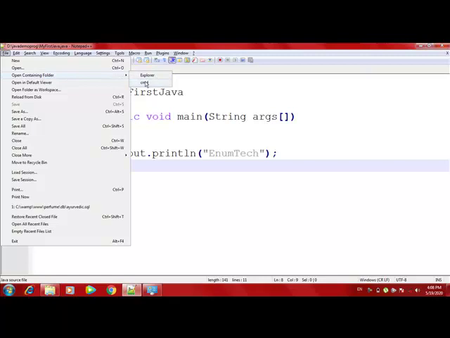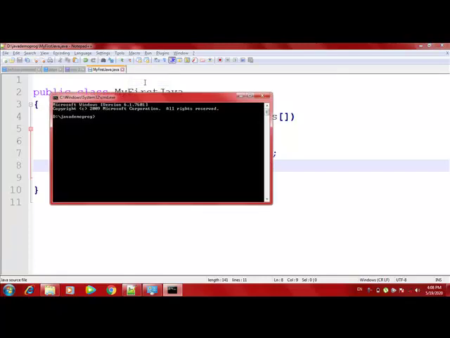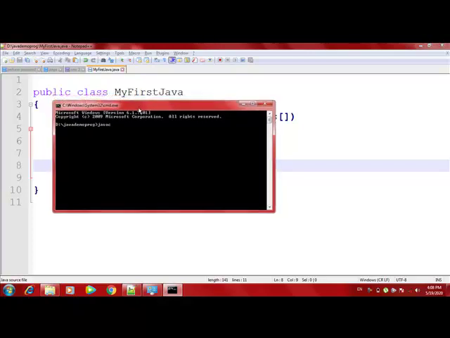go to CMD. Open the containing folder in CMD. Now we have come over here. Now first we have to compile the file. So javac, and what is the name of our file? My first, you can also use the tab button which will help you to navigate. Tab, yes, this is my program, and when it comes on the next line it means it has compiled successfully. And now what you have to do is just java and the name of the program.